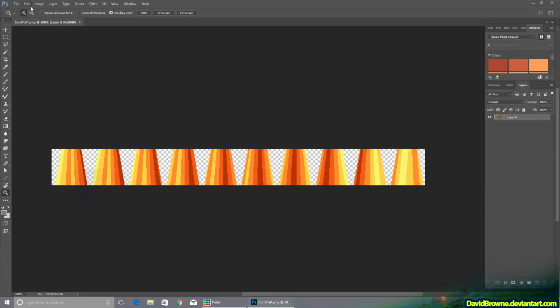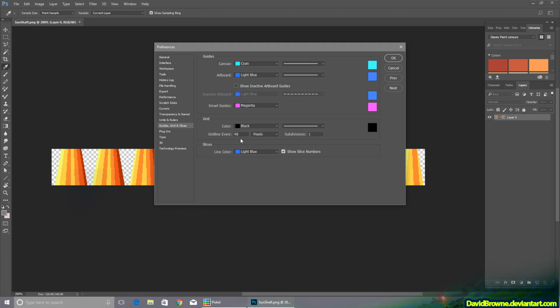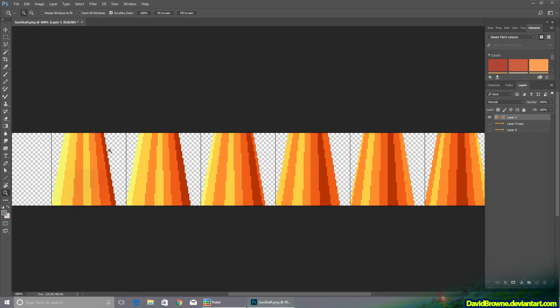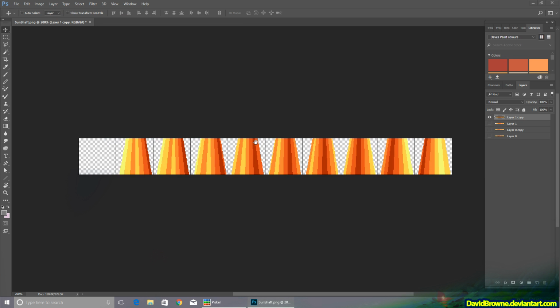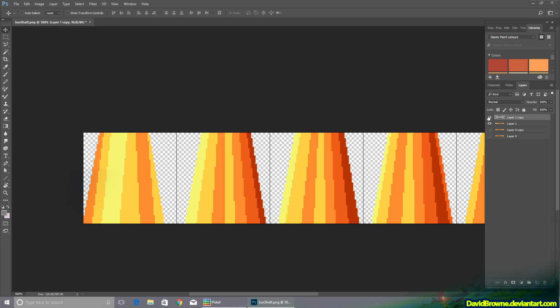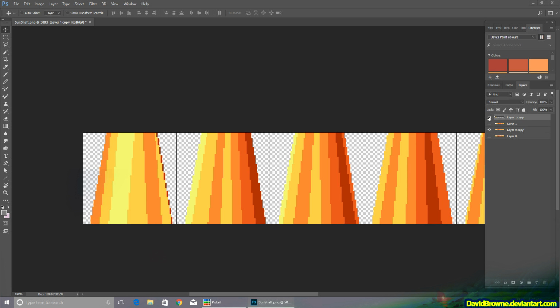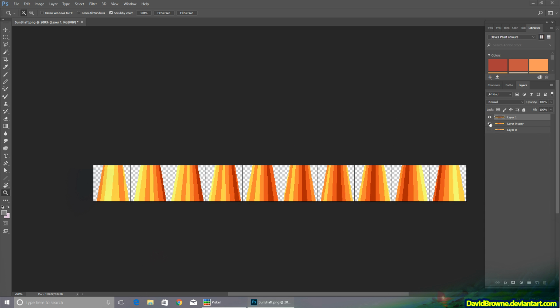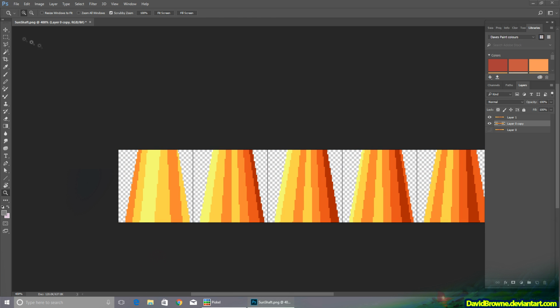Okay, here in Photoshop, I guess the first thing I'm going to do is just set my grid to 64 by 64. So now all my frames are separated. And I'm going to duplicate the layer and just shift that second layer 1 frame forward. I guess I'll duplicate it again just to get that last frame back on the first. So after I've got all that lined up, I'll just merge that layer there. So now I've got my original animation and a copy of it that's shifted forwards 1, just out of phase